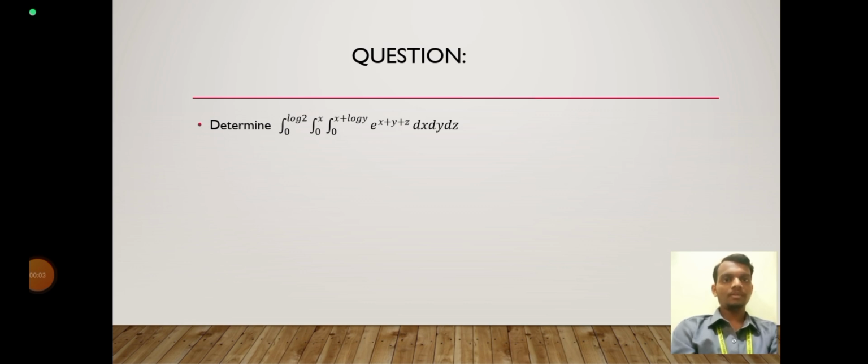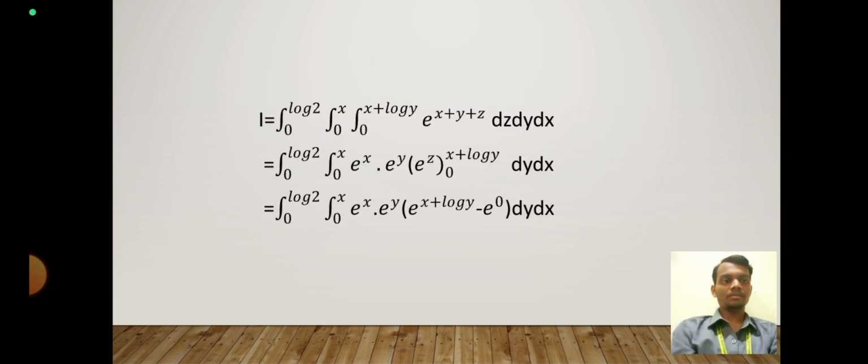Now the question is, determine integral 0 to log 2, integral 0 to x, integral 0 to x plus log y of e power of x plus y plus z dx dy dz. I is equal to integral 0 to log 2, integral 0 to x, integral 0 to x plus log y of e power of x plus y plus z dz dy dx,